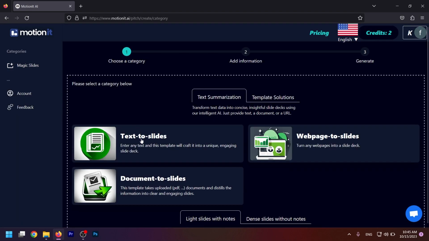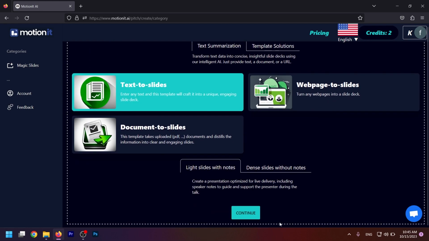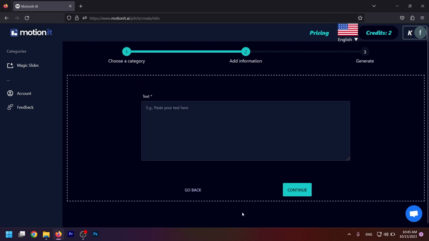And in this step, just select text to slide. And click on Continue. Here, you can paste your text with any subject that you want. For example,